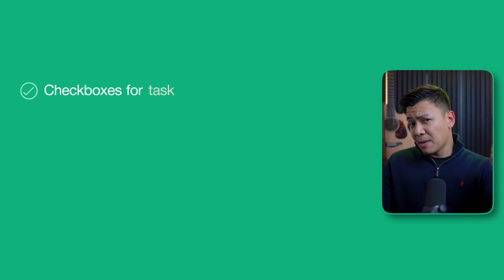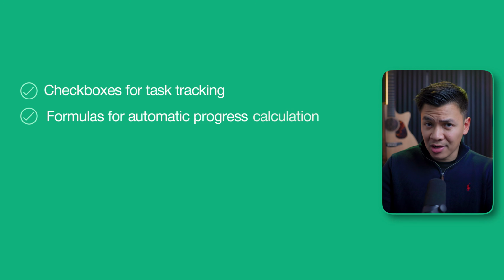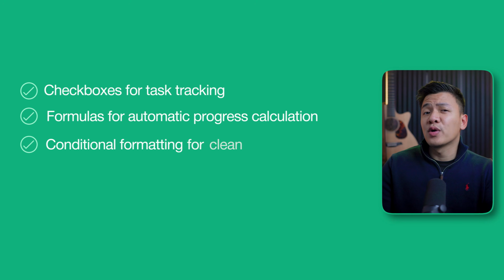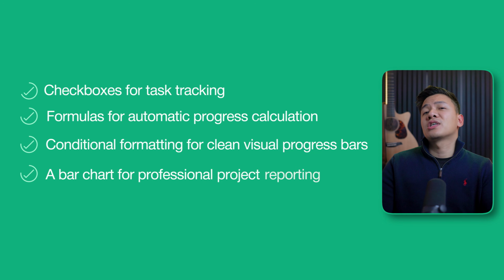And that's it! You now know how to build a work progress tracker in Excel using checkboxes for task tracking, formulas for automatic progress calculation, conditional formatting for clean visual progress bars, a bar chart for professional project reporting. Whether you're managing a team project, organizing your workflow, or planning long-term goals, this tracker helps you see exactly where